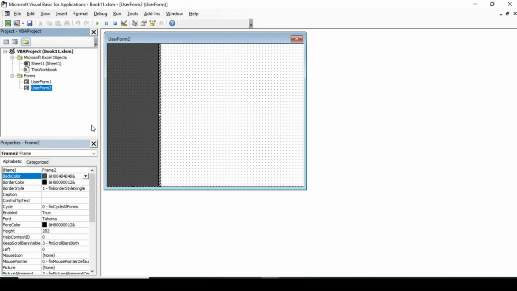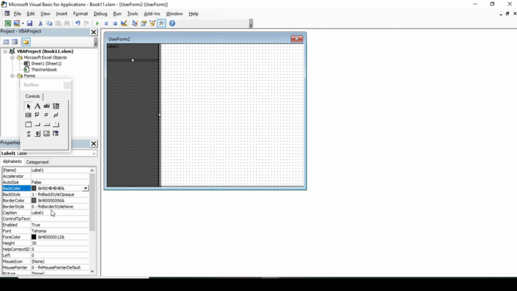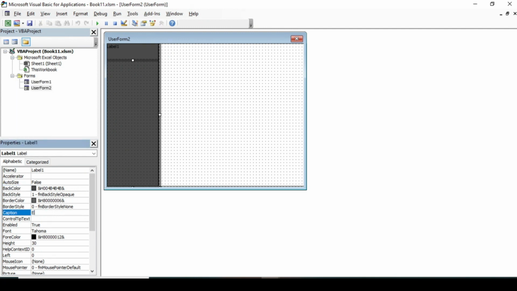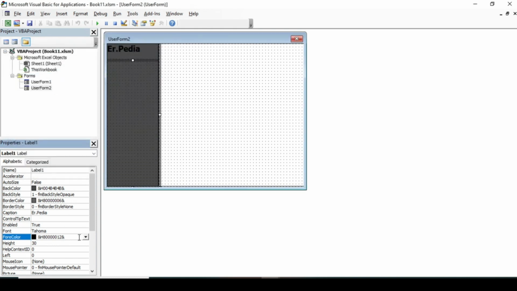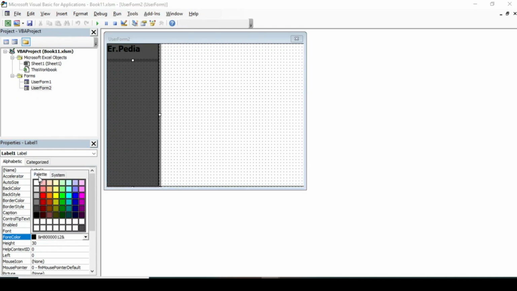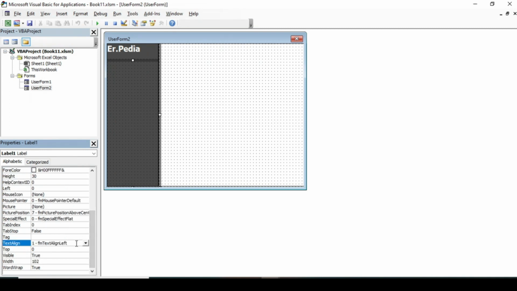Now I want the label, click on this label. Just draw the label here. I want to change the label caption to er.pedia. Then change the font size. I'll take bold, font size 16. Click on this OK, and even the font color, the fore color, I want white. Click this white, and the text alignment center,